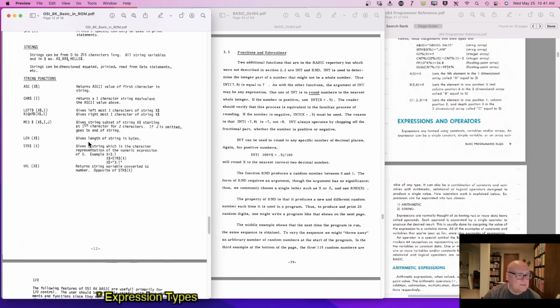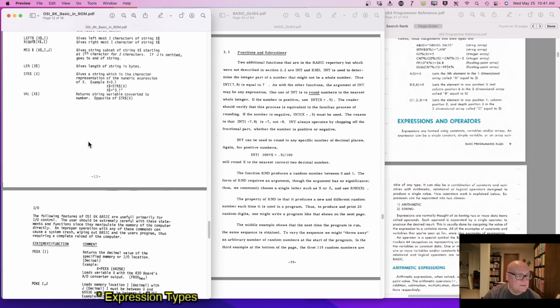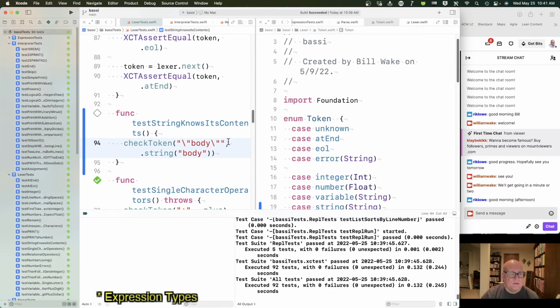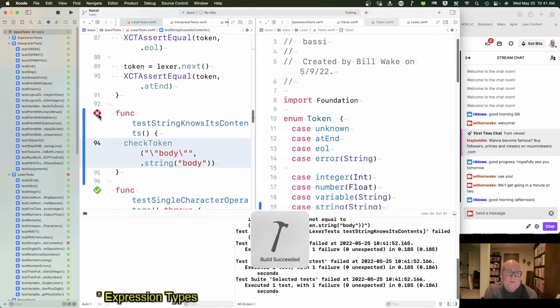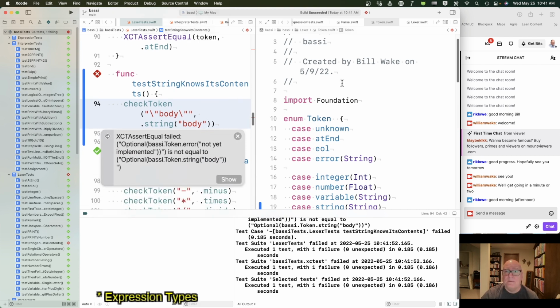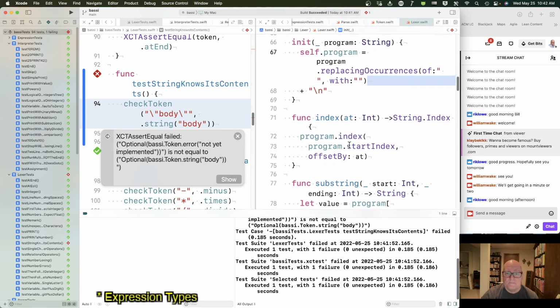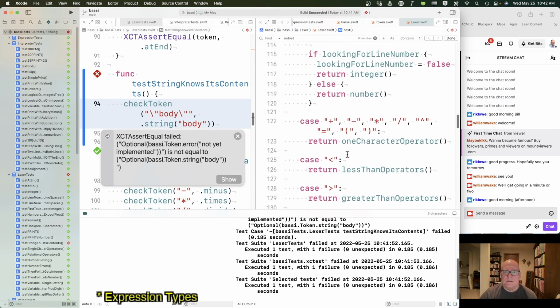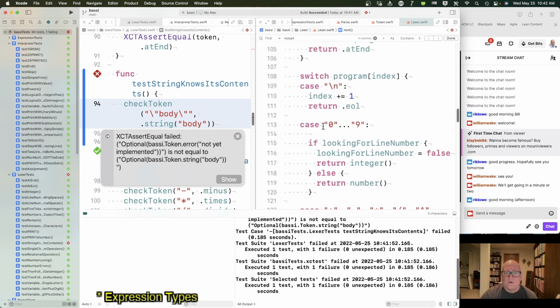I'm curious. Maybe there is no way to do that. Okay, but I don't think there's anything with quotes. We can go through the documents later, but this is going to fail. Nobody produces this string token for anything. Okay, not yet implemented. And the Lexer, well, it's fine. Not yet. All right. So the Lexer looks for all these starting characters, but